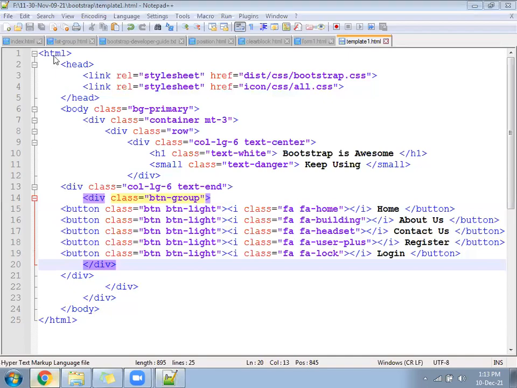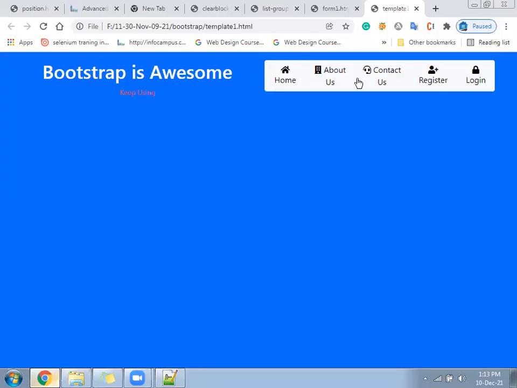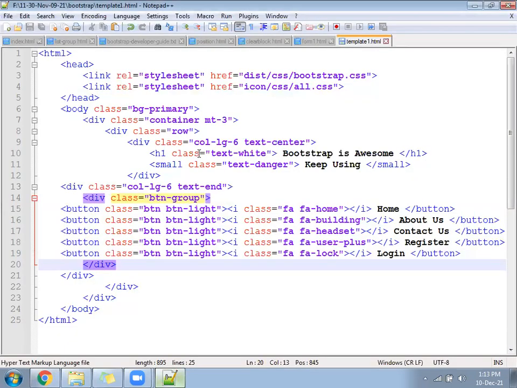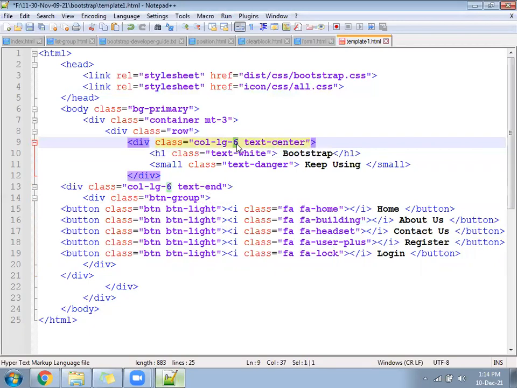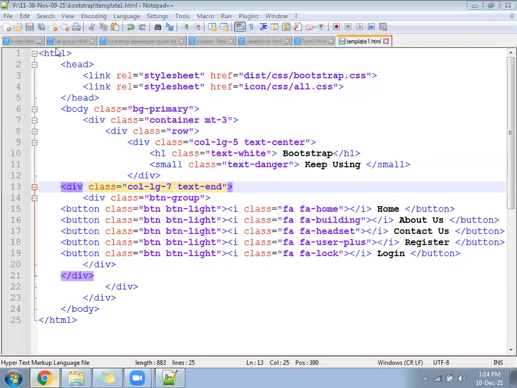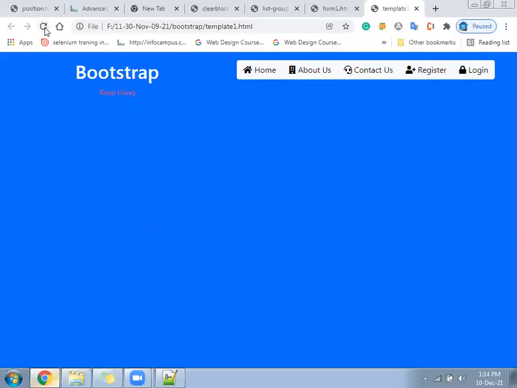Hope we got the icons. See, icon like this. My page got broken a little there. Okay, so because of the icon, I will reduce my text and change the number system. Keep the 4-8 combination. The 5-7 combination will be mine because the screen is running on a different size and we have used only the LG class. See, something like this.